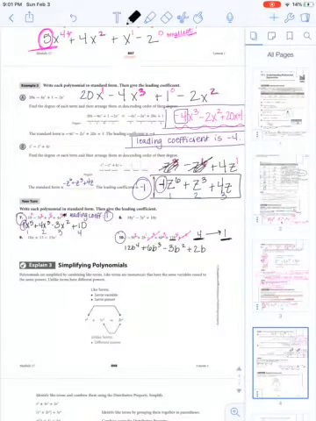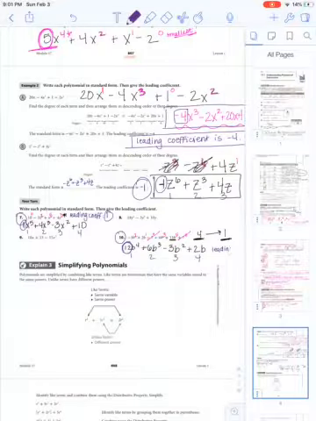Okay, and so now I'm going to identify my leading coefficient. So I have 1 term, 2 terms, 3 terms, 4 terms. Well, my leading coefficient is always in my first term, and so I'm going to put leading coefficient is